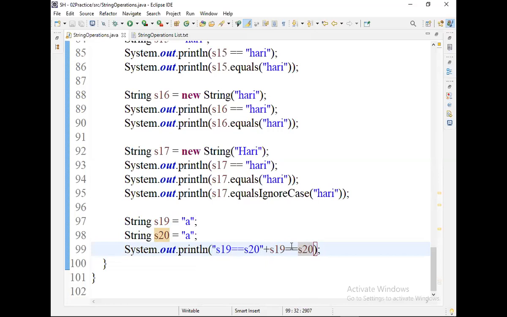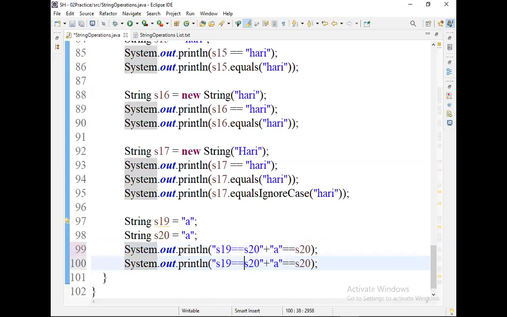Right. So what is the point here? Concentrate on what? The question is what you need to concentrate on. S19 double equal to S20 alone should not be considered. This is one complete expression. Left to right, you have to bring your eyes. Now, how many operators have I used? Two, plus and double equal to. Then which operator is executed first? Plus. So now this text plus S19 is executed first. S19 is substituted with what? Double quotes, A double quotes. Then it is concatenated to it. After substitution, the next word is concatenated. Then S20 gives a string, so it is neither true nor false.